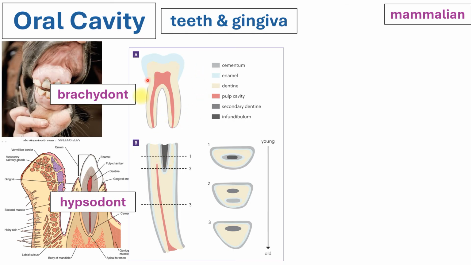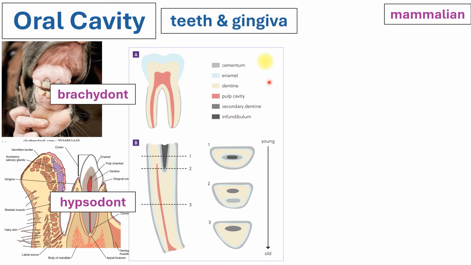Usually carnivores will have brachydont teeth, while your horses and ruminants will have hypsodont teeth, although your pigs would have a combination of the two. Their incisors would be brachydont, and their tusks, which are continuously growing, would be hypsodont,